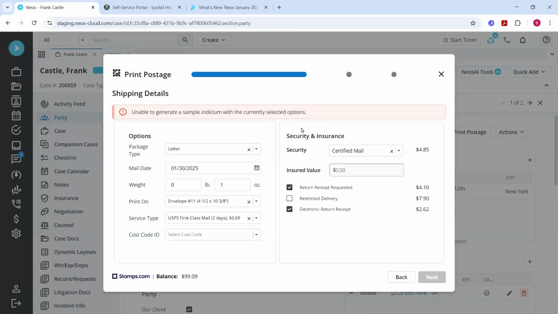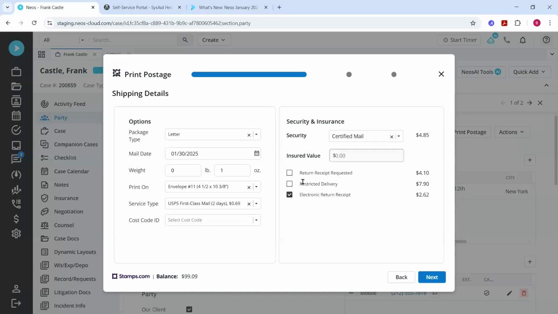Now, this is a generic error that stamps.com sends to us to display to you. Basically, what it means is that something about your selections here are incompatible. In my example, you can't request two different types of return receipts. You have to select one. But if you ever get that error, come back to the screen and figure out if you were trying to send a big box, a certified mail with the wrong combination of stuff,